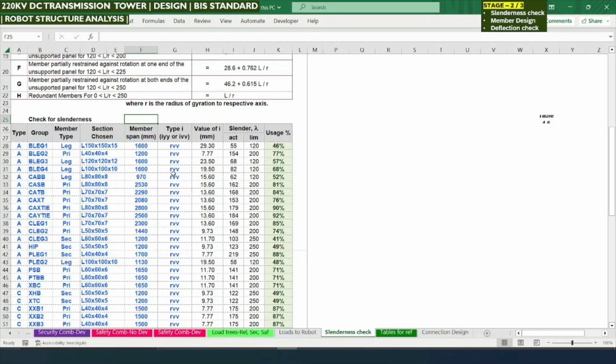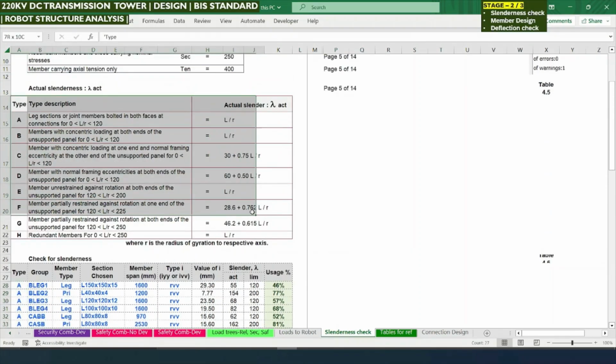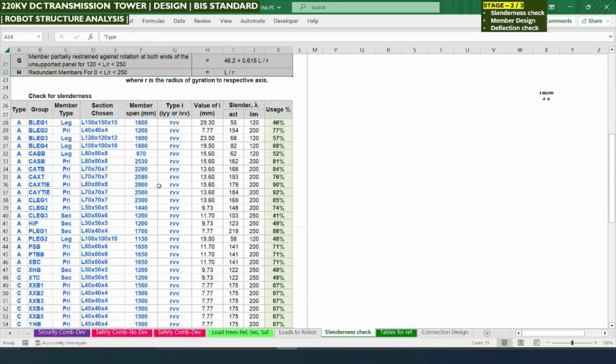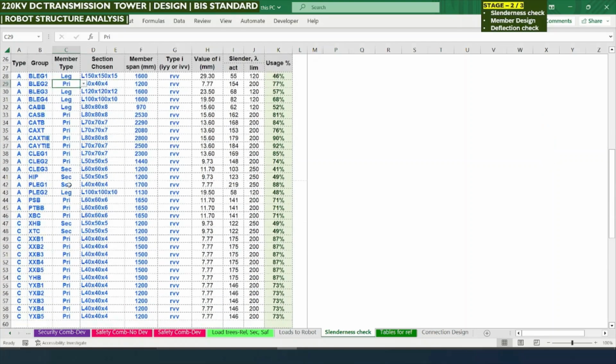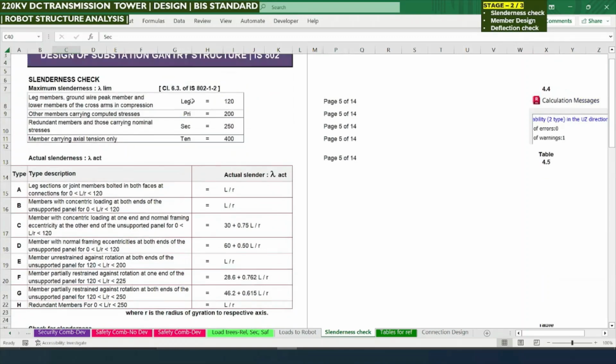To check for slenderness, we need to have a tabular format like this. In the first column we need to add the type of member, as we discussed here in this table, as per clause 6.1 of IS 802 part 1 section 2. Next, we need this column filled with the group of members which we had assigned in our structural model in Robot. This one is a member type, whether it is a leg member or primary or secondary bracing or tension members. So this drop down list is as per this list shown here,